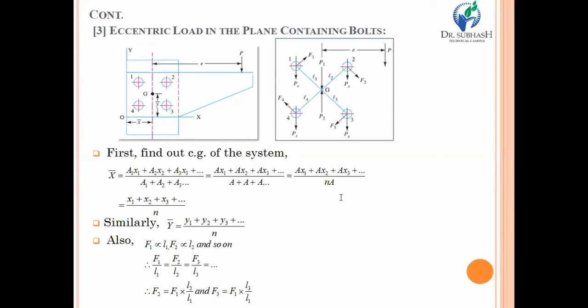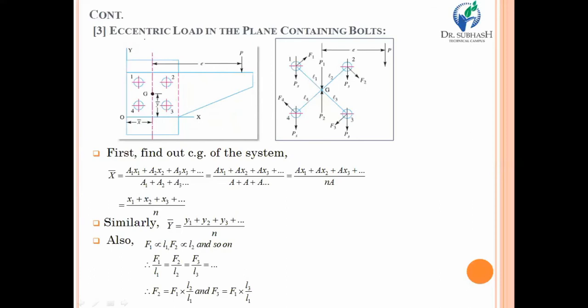Look at the diagram. From the diagram, you can easily understand. You are given one bracket system. Look at 1, 2, 3, and 4, the bolt system is there, and the plane of that bolt system is exactly parallel to the plane in which this force P is acting. So over here we can say that both planes are parallel to each other, and the condition of this particular loading is satisfied. Now, suppose you are given such a condition and you require to design a bolt.